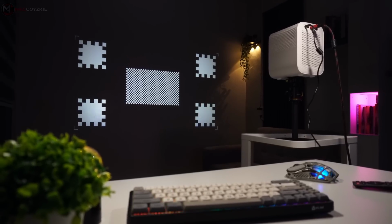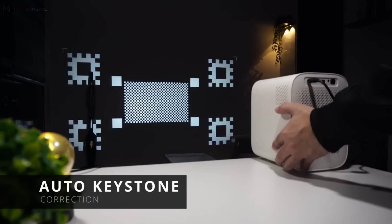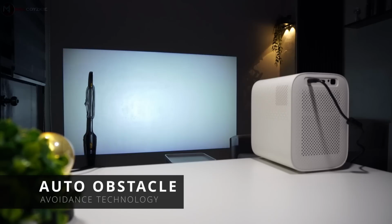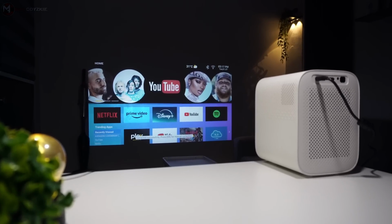For even more convenience, the projector includes autofocus technology, which ensures the image is always sharp and clear no matter the distance. It also features an auto keystone correction, so no matter where you position the projector, the image will automatically adjust to fit perfectly onto the screen, maintaining optimal proportions. Additionally, the intelligent obstacle avoidance technology detects obstacles in the projector's path and adjusts the image to avoid them,